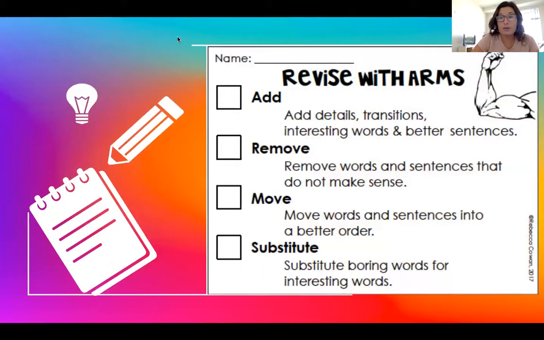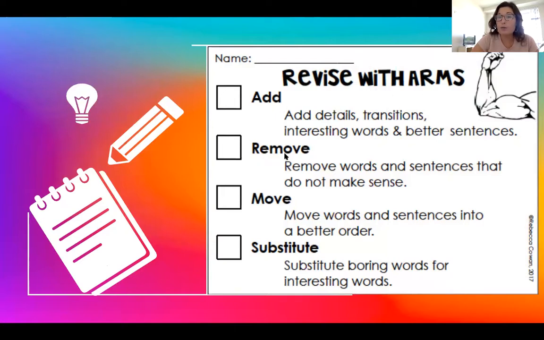To help you, we can revise with the word ARMS. ARMS can be an acronym, so each letter in the word ARMS stands for something I can do to revise. The A in ARMS stands for add details, transitions, interesting words, and better sentences.